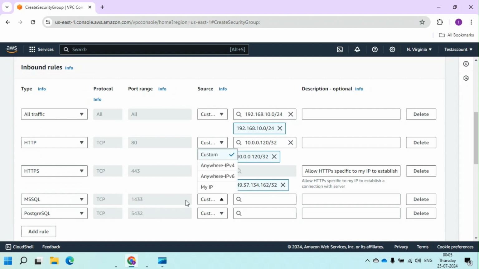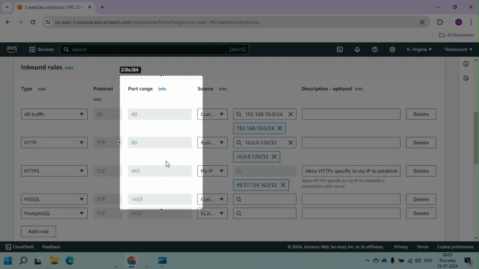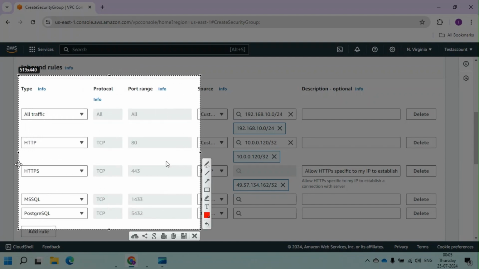So these ports will be there with different port ranges. If you can see here, these are the port ranges. If I am allowing a database port, example MS SQL 1433, you can allow it. If you are allowing a port with PostgreSQL 5432, only this port will be established with a database connection